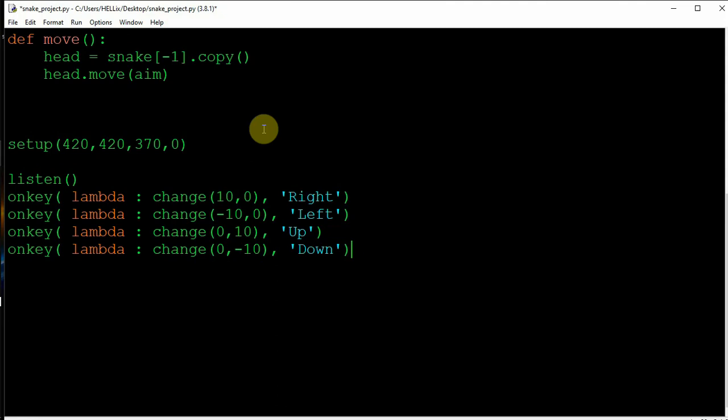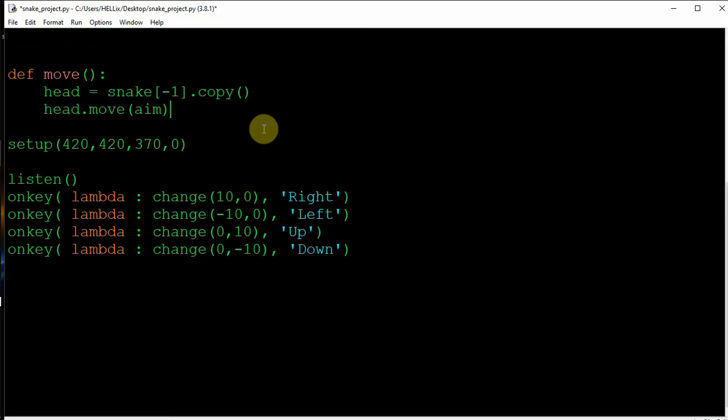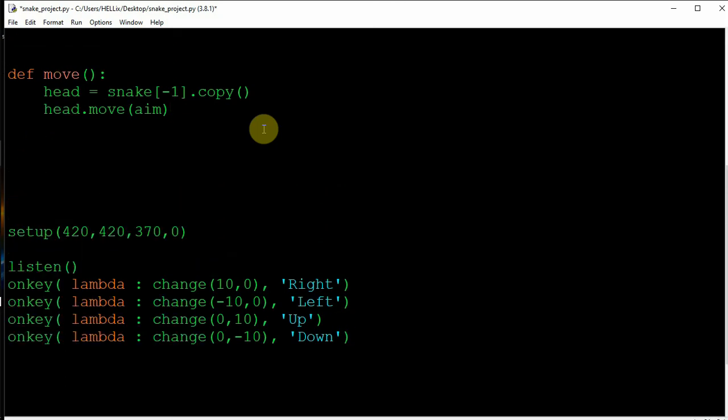Now my next target is to work on the move function again. The function will be checking three things. Okay, two things to be more precise. If you know the snake game, you know if it touches the boundary, it is going to be out, right? So we write if, I don't know right now what I'm going to use for that. Meanwhile, we just check this thing, if head in snake.